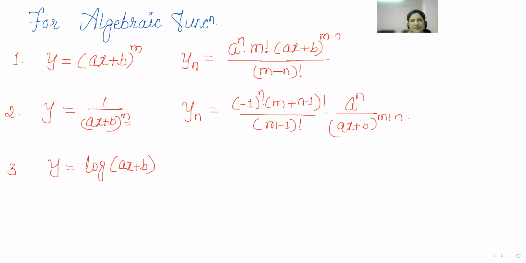If m is 1, then it will be n factorial only. Minus 1 raised to n into n factorial into a raised to n divided by (ax plus b) raised to n plus 1. Okay, now y is equal to log of ax plus b. The nth order derivative of this is minus 1 raised to n minus 1, into n minus 1 factorial, into a raised to n, divided by (ax plus b) raised to n. Okay, means when we are solving examples related to algebraic functions, at that time we are basically using these three formulae. Okay, and for